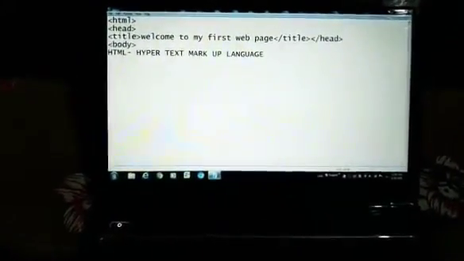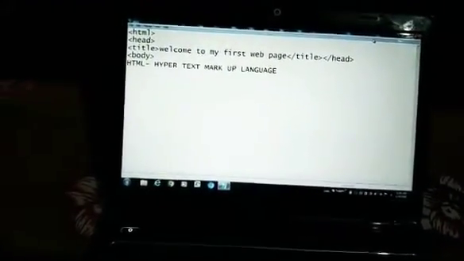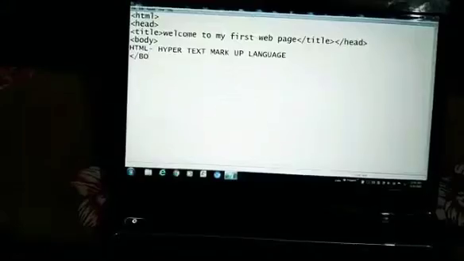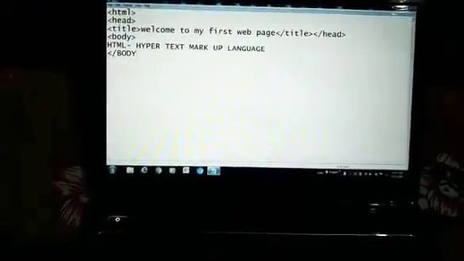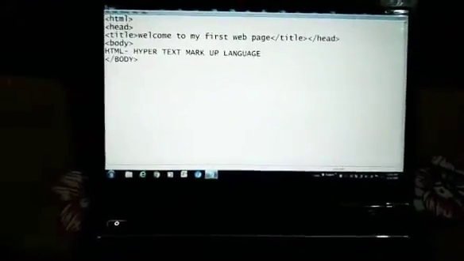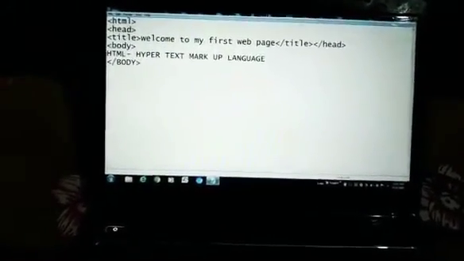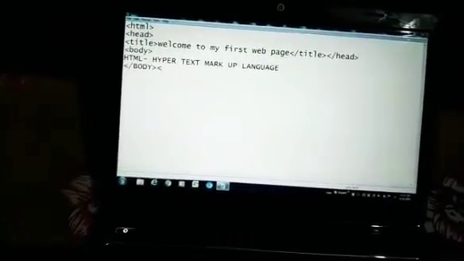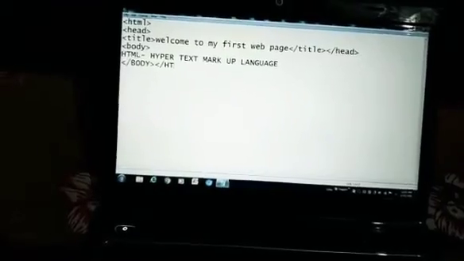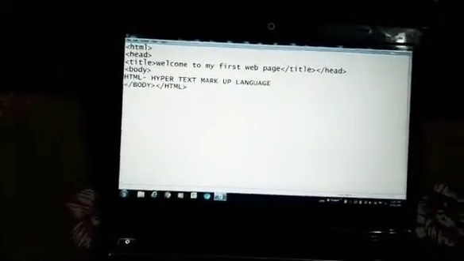HTML, Hypertext Markup Language. Now after this I want to close the body tag. This slash is the symbol of the ending tag, I told you. Whenever you want to close any tag, you have to use the slash, backward slash. Now we will close the HTML also, because I want to end this program.